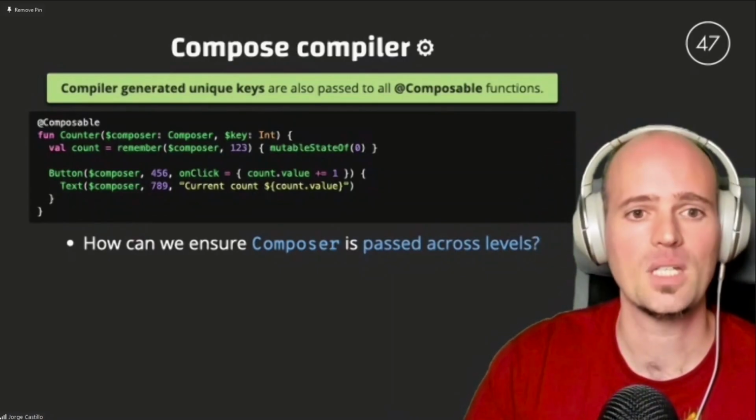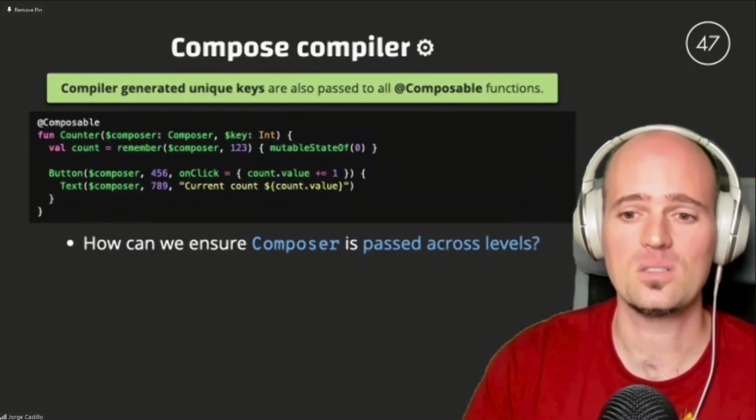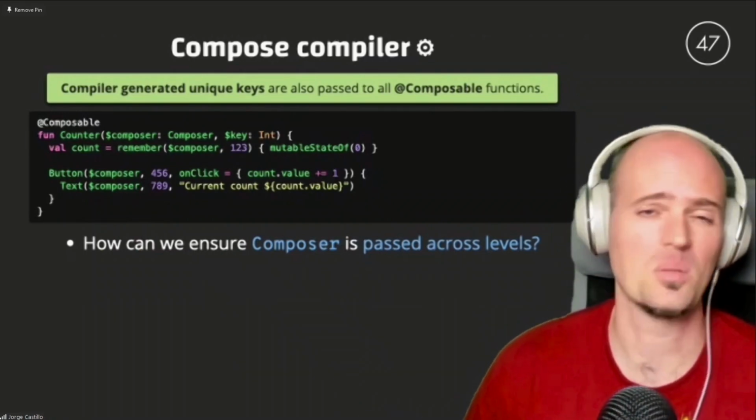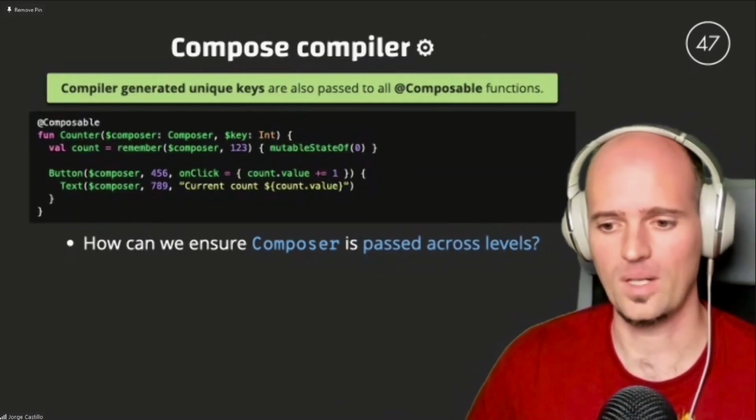And also some compile-time generated unique keys that are used to refer to those elements when they are stored in this in-memory representation of the UI that we are going to create using the runtime, and that we will